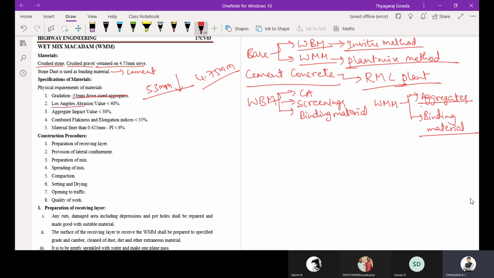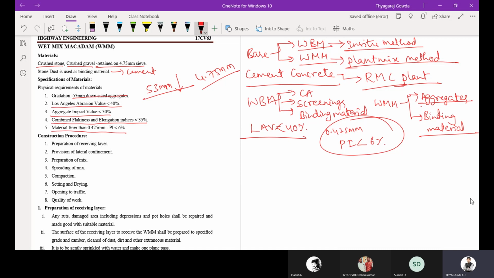Los Angeles abrasion value should be less than 40%. Impact value is less than 30%. Combined index is less than 35. For the binding material, the fraction passing 0.425 mm should have a PI less than 6%. The plasticity index should be less than 6%.